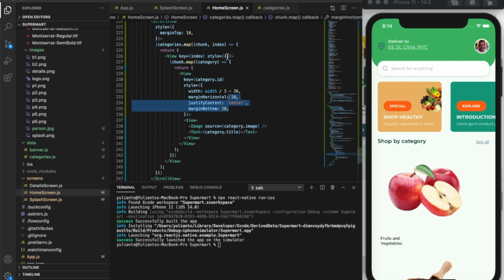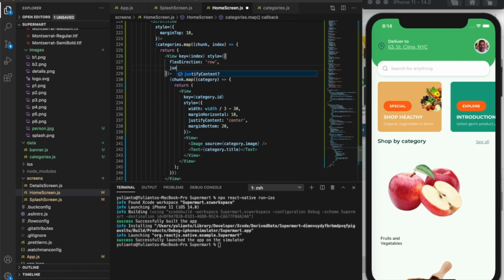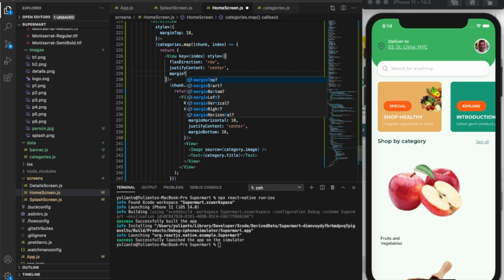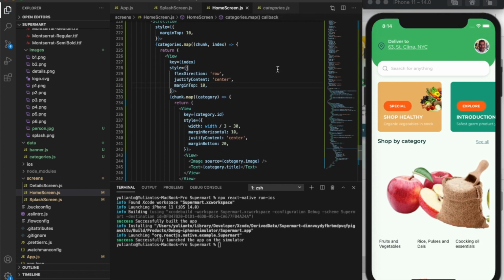And here we're going to change the flex direction to row and justify content to center, and the margin top is 10. Okay,